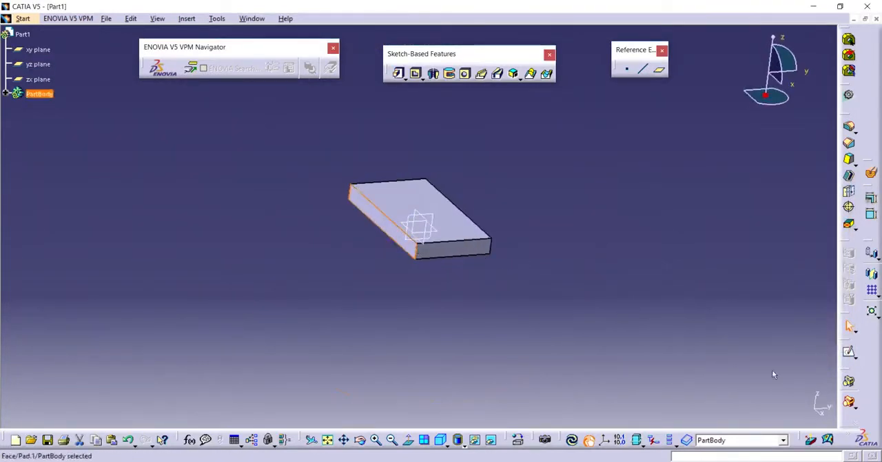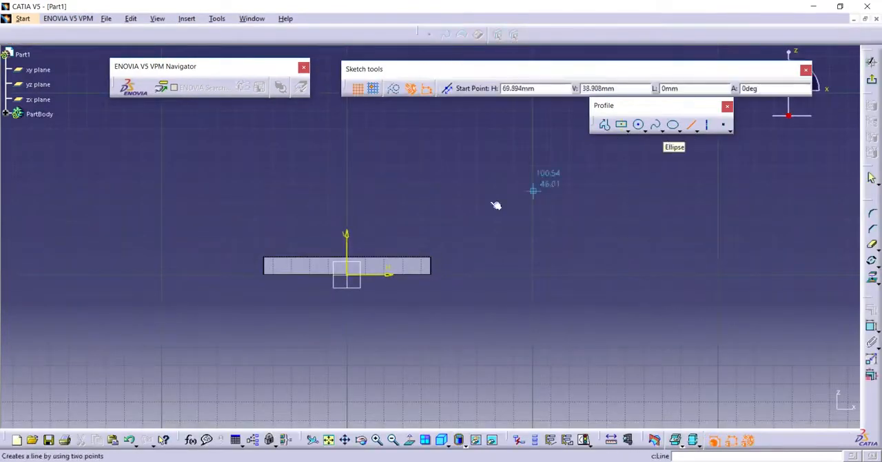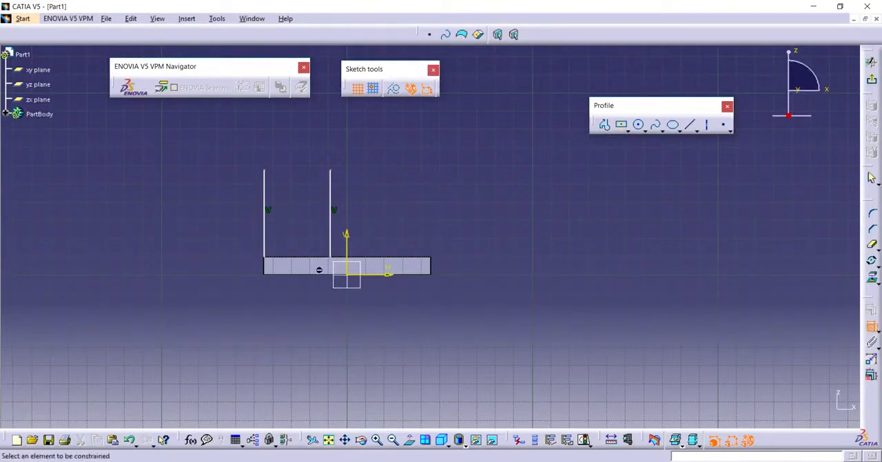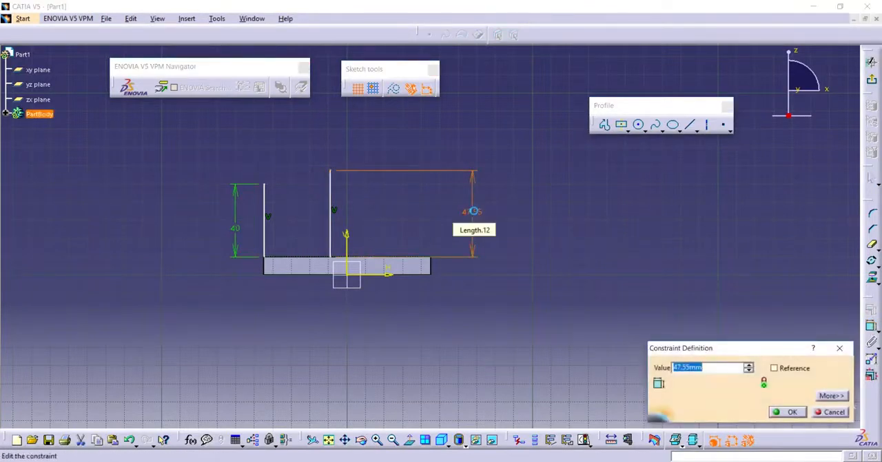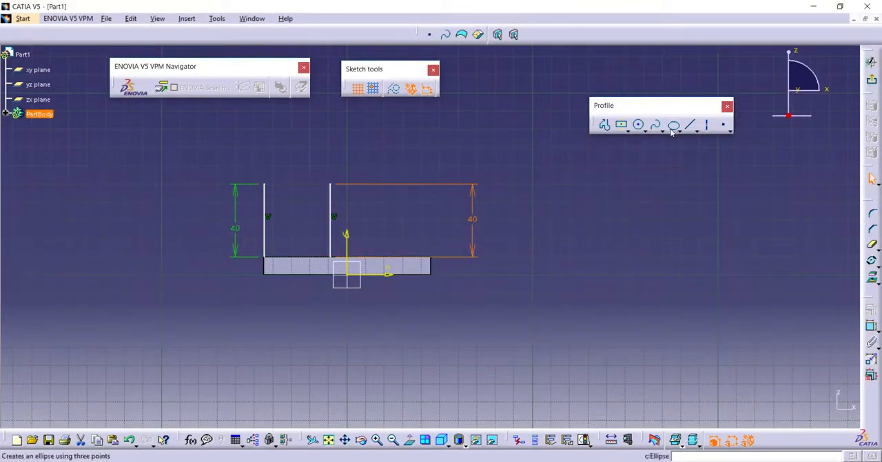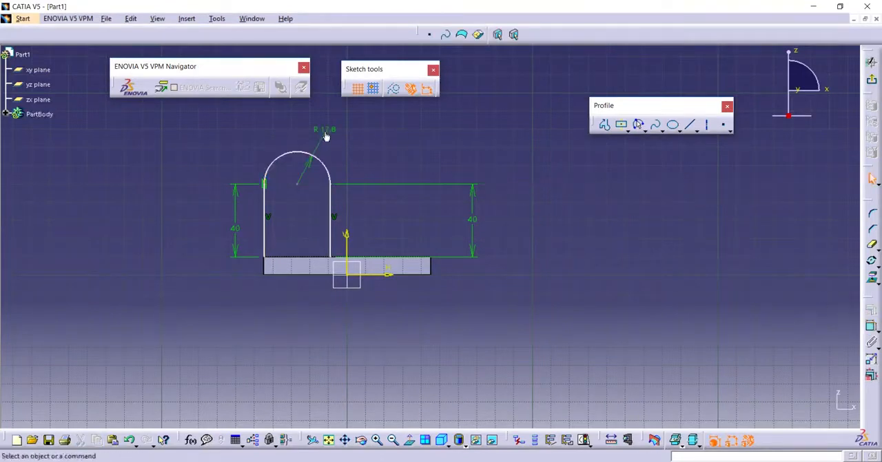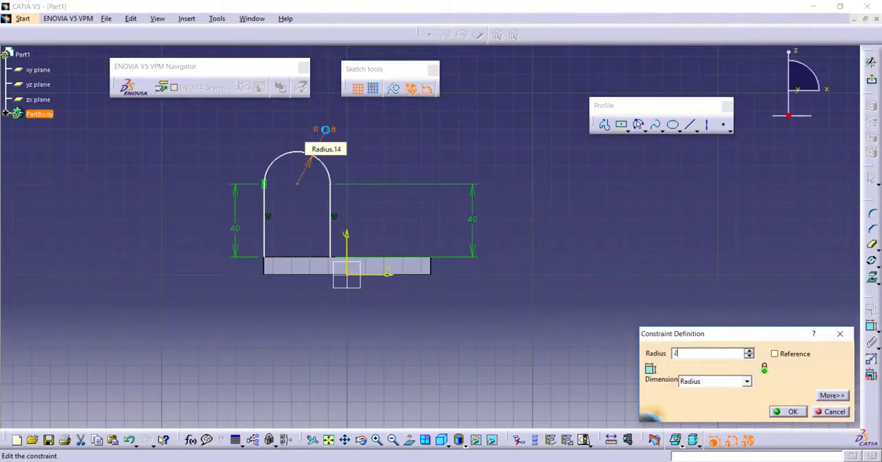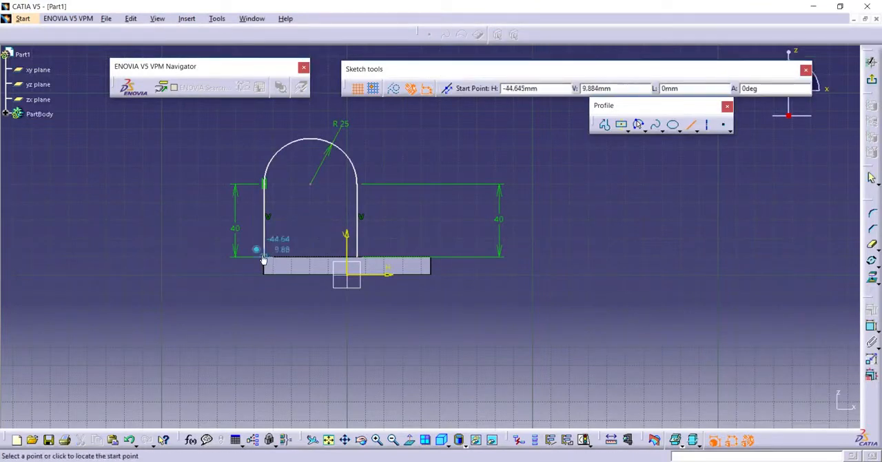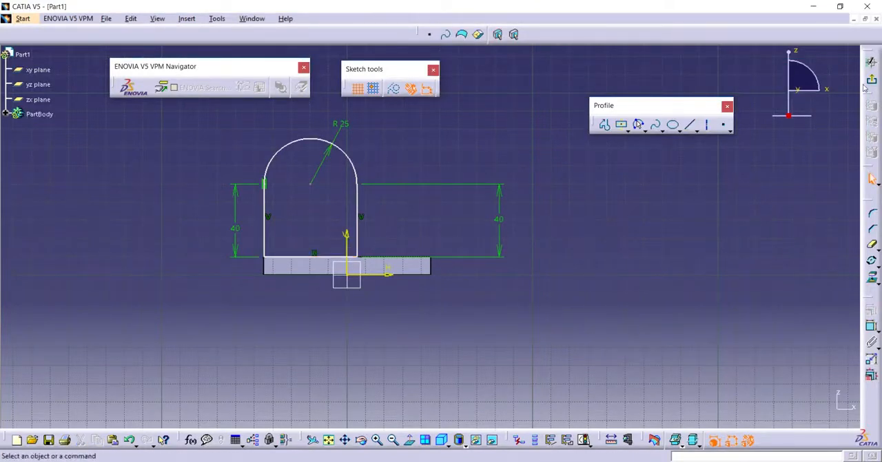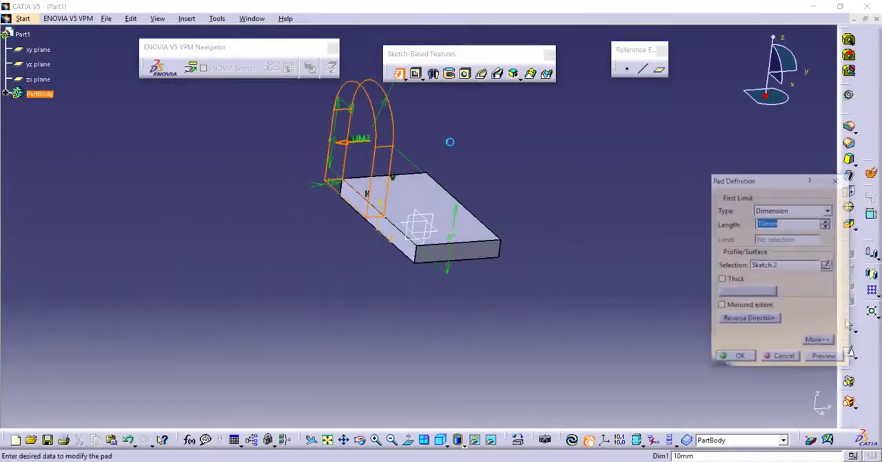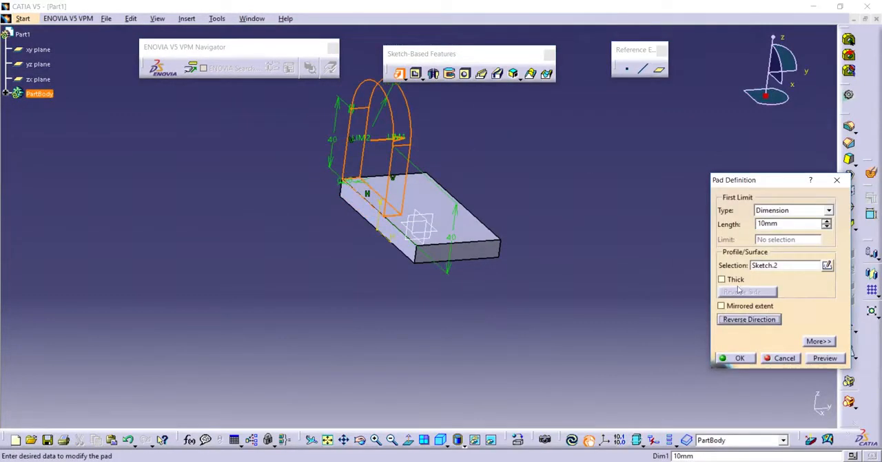Select this face and sketch, select line, draw some random sketch like this, give dimension 40 mm and 40 mm. Now select 3-point arc, select first point, second point and third point. Now give dimension to this arc, give 25 mm radius. Now close the sketch. Exit workbench, apply pad feature, reverse the direction, give length of 48 mm,